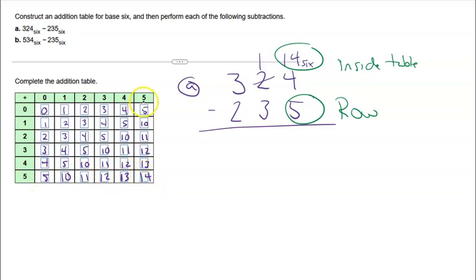Well, what column is it in? 5. That means that is 5. Okay, it's not because 14 minus 5 is 5. We know it's not. It's 9. But in base 6, it is 5. So what did I do? I went inside the table to find the